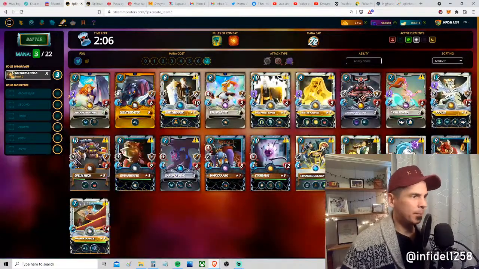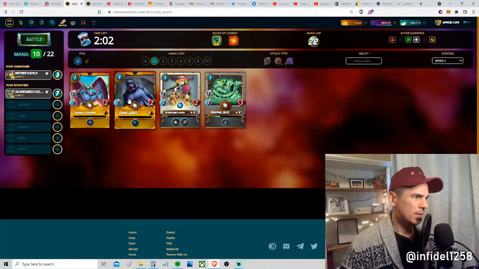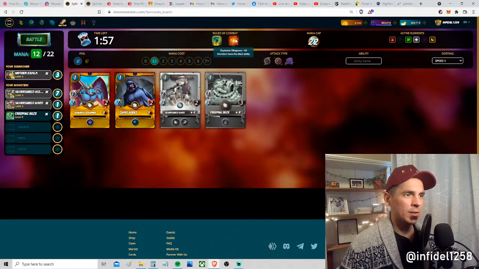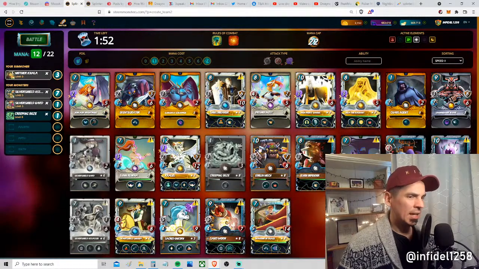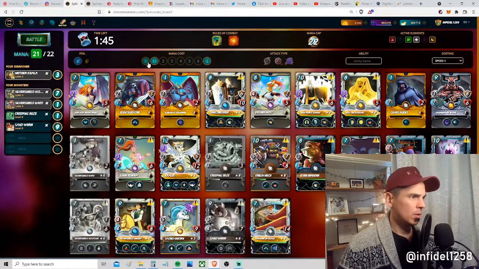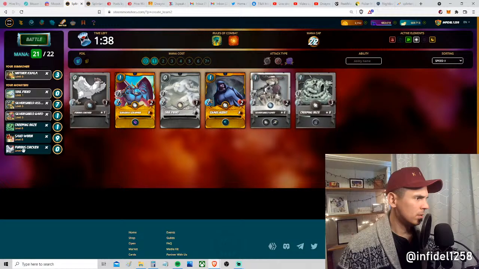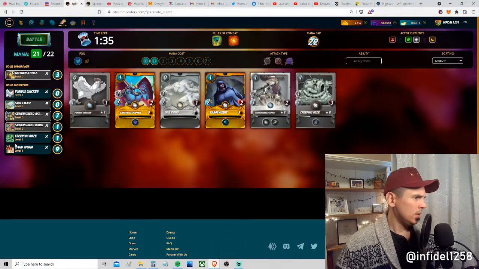Gonna do sneak. I like going crazy speed in this kind of context because you want to hit first with the explosion. And then I like having Sandworm because he hits for a big amount, which gives you a lot of blast damage. Got my two cheapies over here. And let's go something like that.